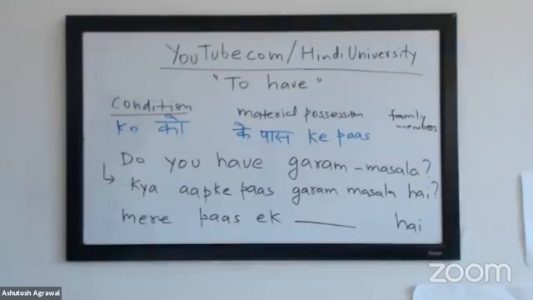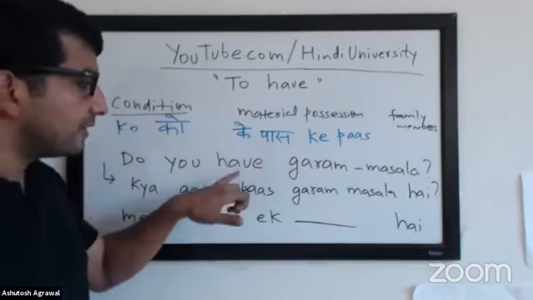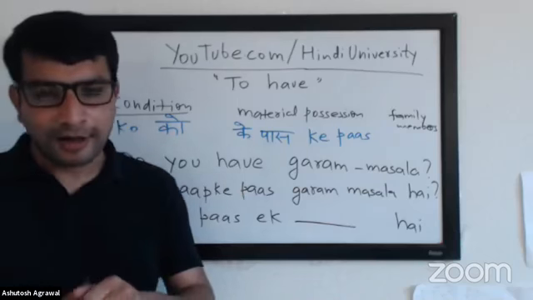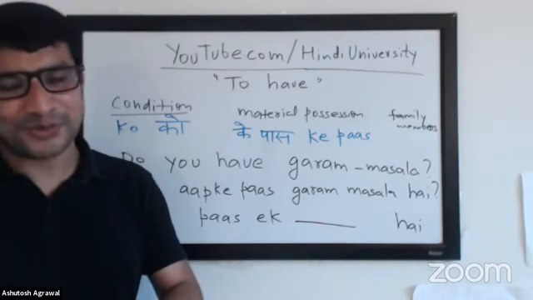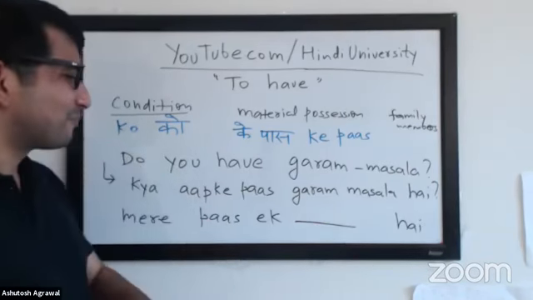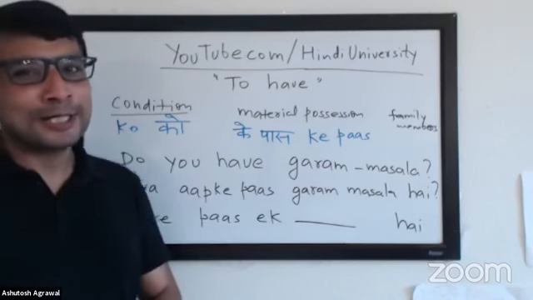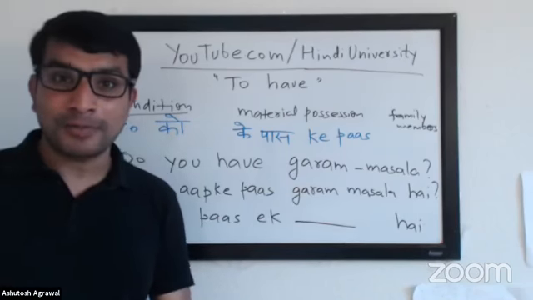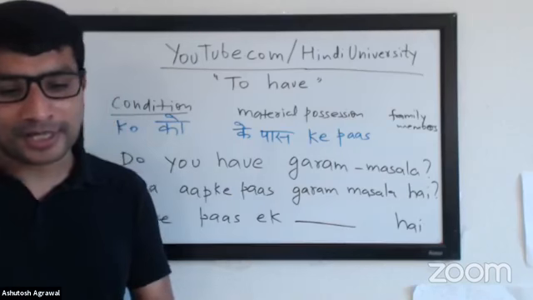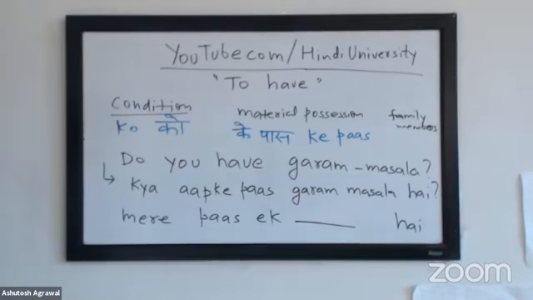Okay, so just to revise, if you have any tangible material object, you can use K-pass, whether it is a car, iPhone, laptop, book, masalas, degrees, job. मेरे पास एक नौकरी है. Okay, I have a job, right? I have a pet. You can use that as well. Okay, last one I didn't cover is,